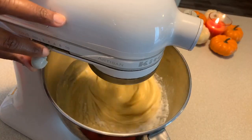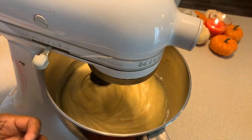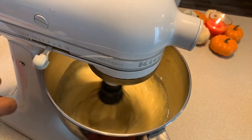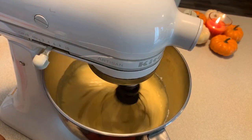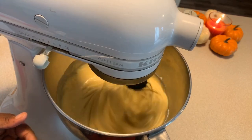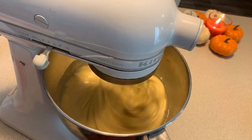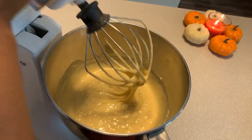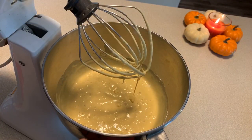Okay, so we're working our speed up, medium speed. We want to whip some air into the eggs. When you whip air into the eggs, you're going to have a nice, beautiful, fluffy cake. If you haven't already preheated your oven to 350 degrees, make sure you get your oven preheated always. Our cake mix is done. I'm going to let the cake mix drain off of my beater here,